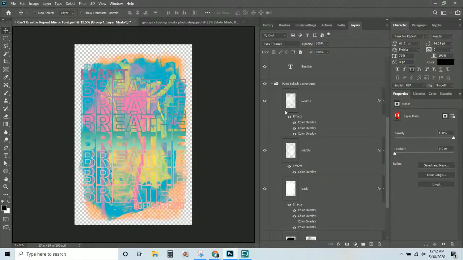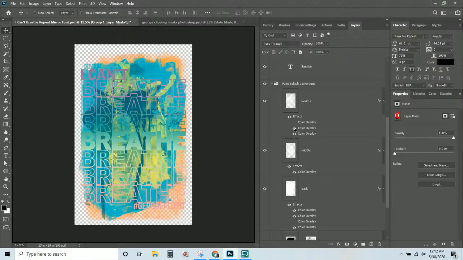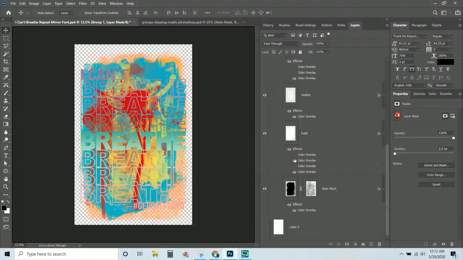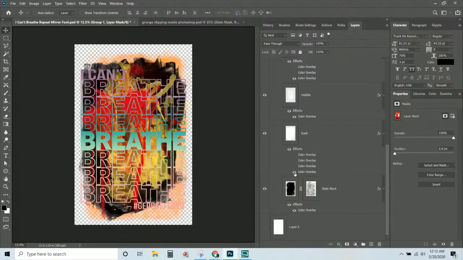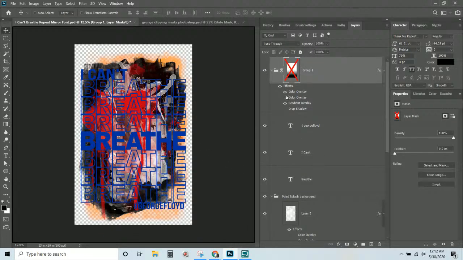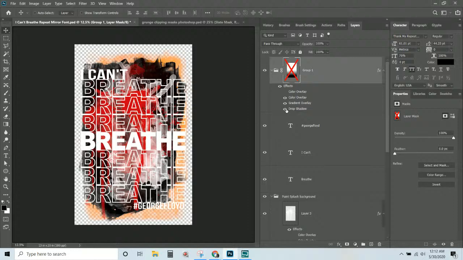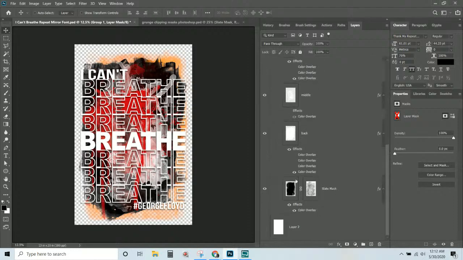Let's bring back our splash there. I think my back color was black, and then my middle color was the white. And for the foreground, I'm going to bring back my effects there and my drop shadow. And then for the back color, I'm going to take off the color overlay. And I'm also going to show you that,